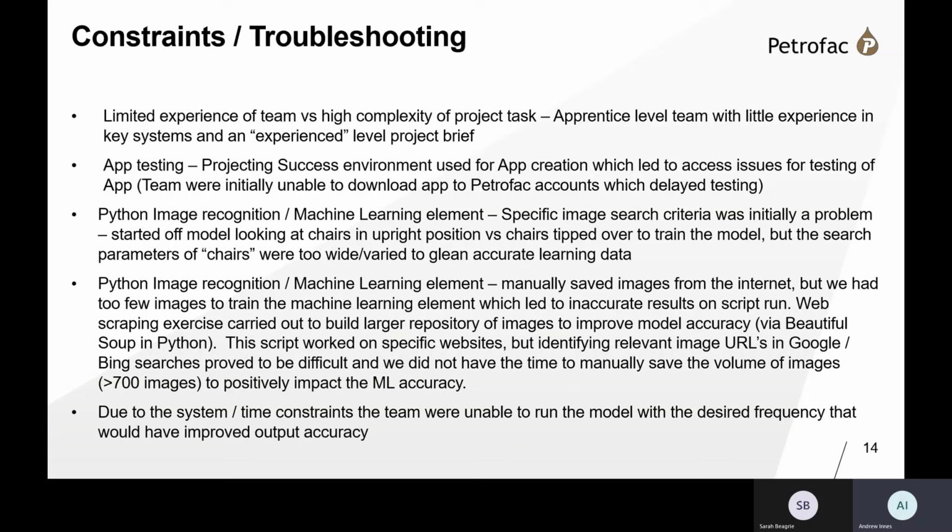On the machine learning and the image recognition, we manually saved images from the internet, but we had too few images to train the model, which led to inaccurate results on initial script runs. A web scraping exercise was carried out to build a larger repository of images to improve the model accuracy via Beautiful Soup. This script worked on specific websites, but identifying the relevant image URLs in Google and Bing searches proved to be difficult, and we didn't have the time to manually save the volume of images to positively impact